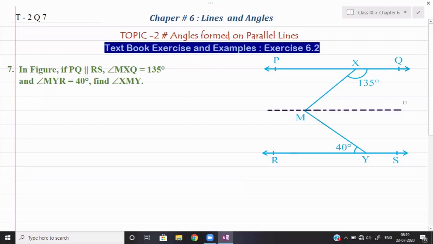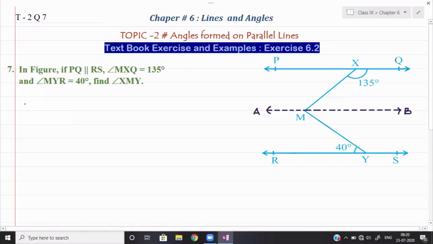Okay, fine. Now here we'll give a name to this line. PQ and RS are given, so let me give the name to this line as AB. Yes, this line is AB over here, and we can say the line AB is parallel to PQ. That is our construction. We are making one line which is parallel to PQ, and this line we have drawn through M.